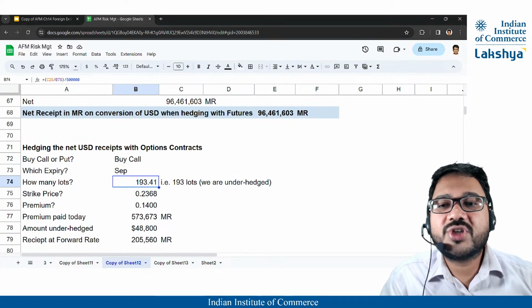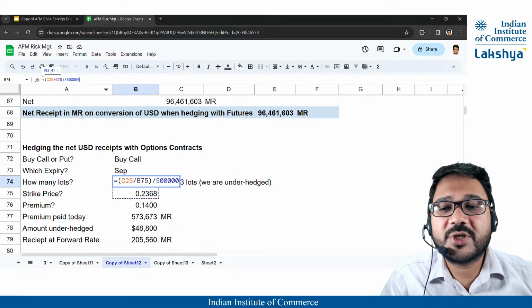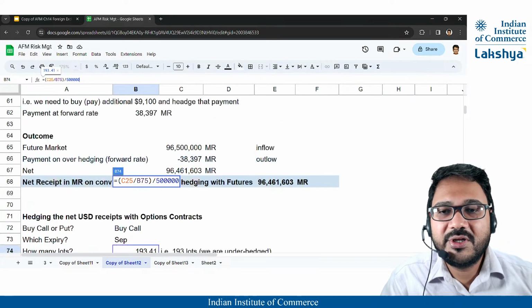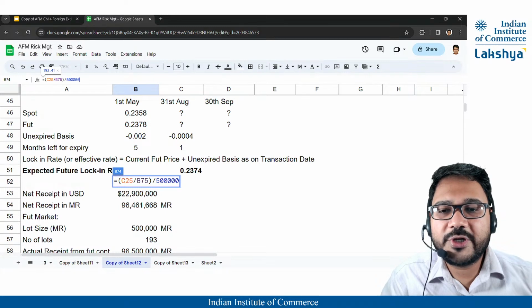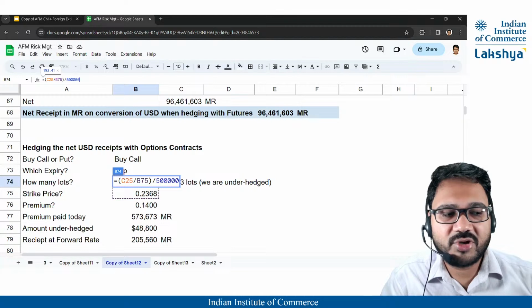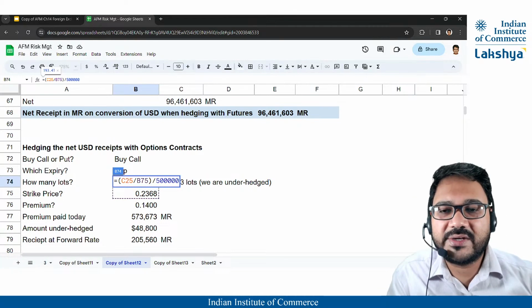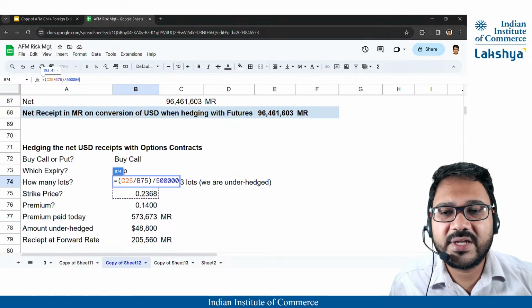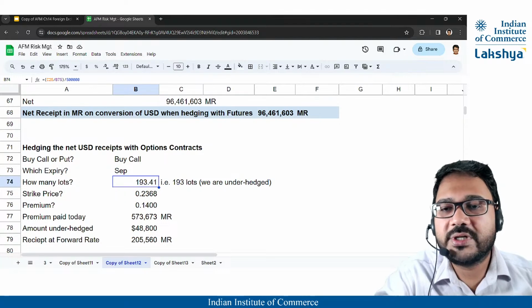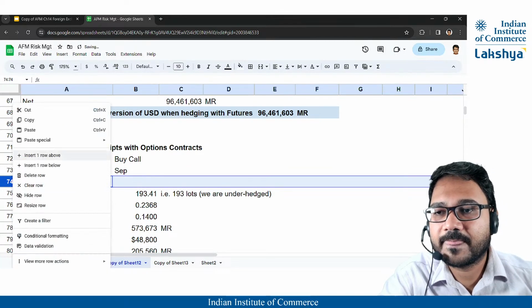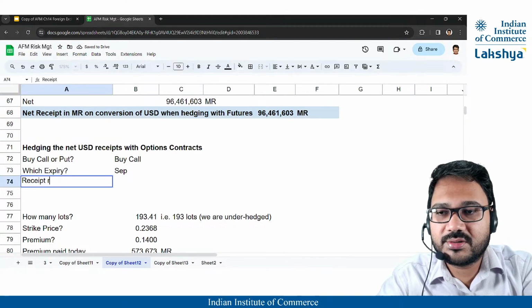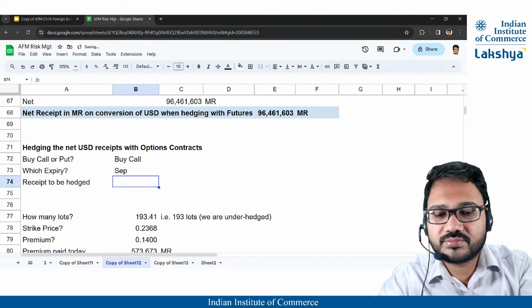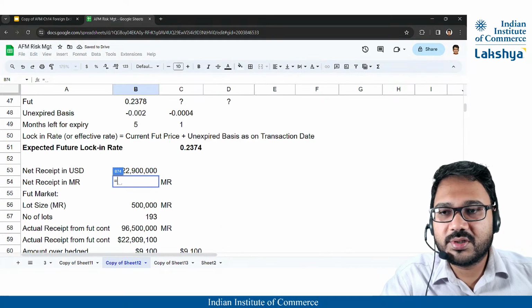Now over here, it changes. Why does it change? Because you are converting it at the strike price. The strike price here is different from the lock-in rate. The lock-in rate was 0.2374, whereas the strike price, or the executable price, is 0.2368. So based on 0.2368, we shall calculate the exposure in MR. The receipts to be hedged is